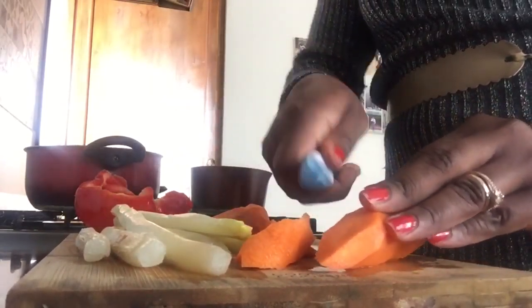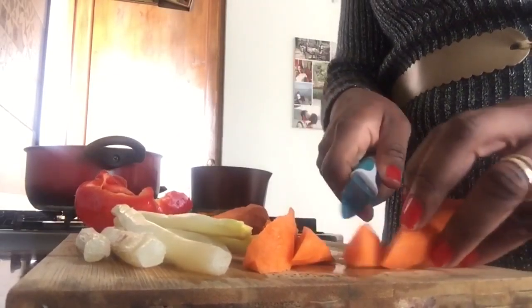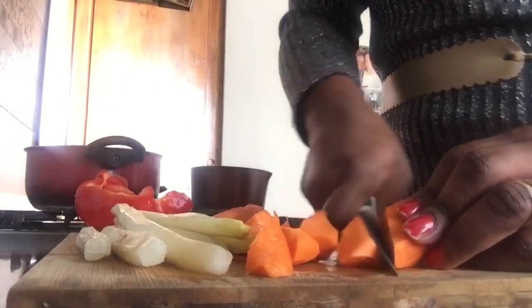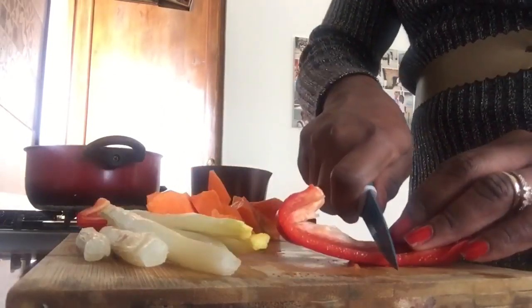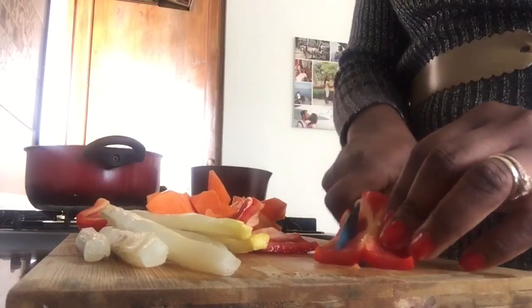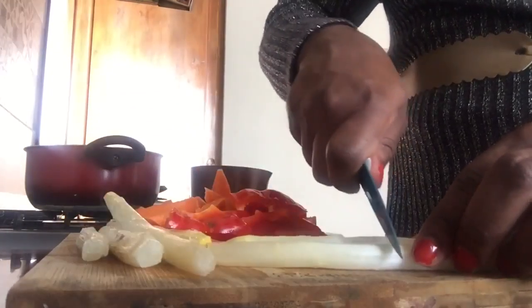Actually, since I'm using this small knife, I want to use it throughout my cooking. I'm very bad at changing knives when I start with one, really. Just prefer using one. Slice it. It's not a lot, so to break it into 2,